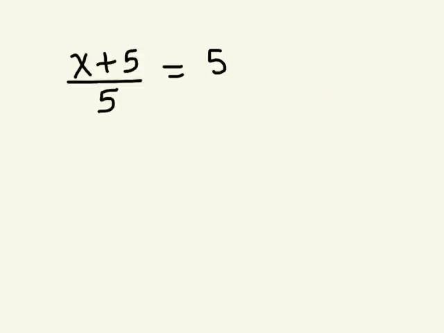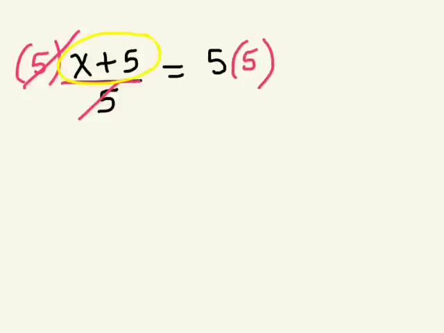An opposite operation, we have something plus 5, so x plus 5 divided by 5 is equal to 5. So the opposite of divided by 5, if I multiply this by 5, these cancel out. So what do I have to do to the right side? Multiply by 5. I'm left with just my x plus 5 on the left side. Okay, so we have x plus 5 equals, simplify the right side, 5 times 5,